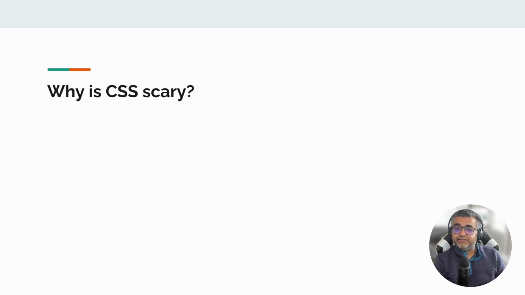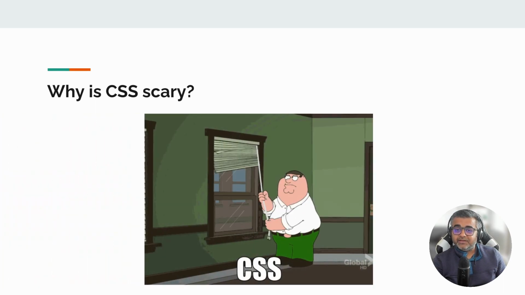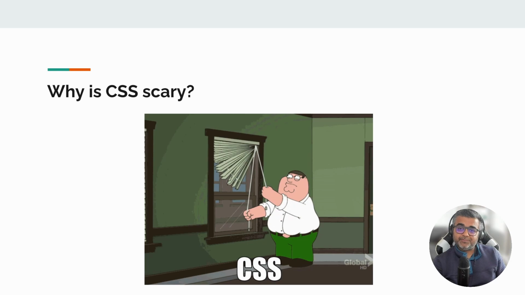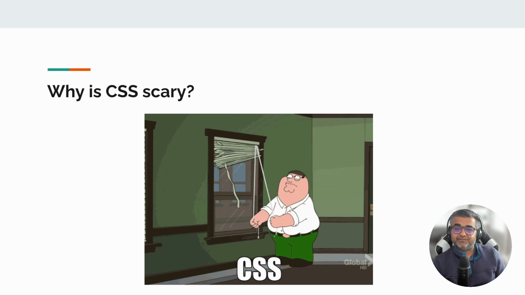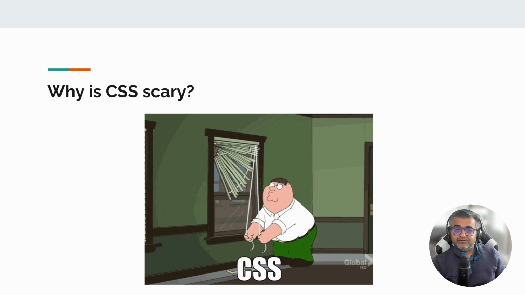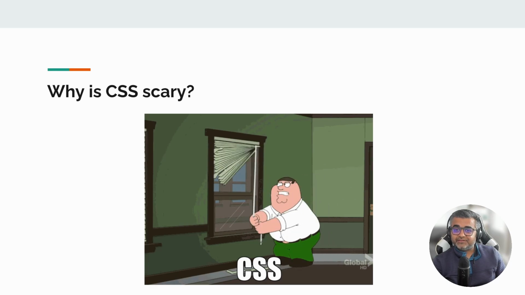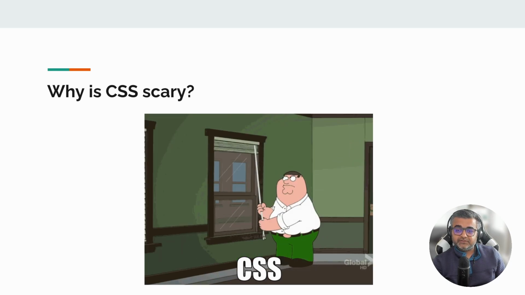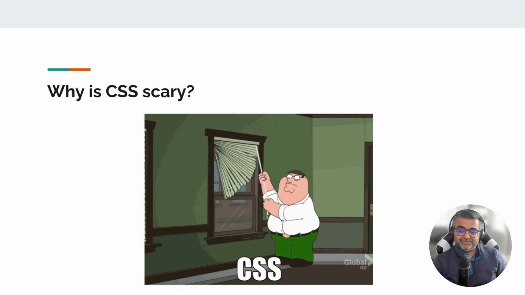And third, since CSS is a rule-based language, sometimes you apply some styles, but your element does not render those styles, and then debugging which style the element ended up rendering can sometimes be painful. So if you ask any developers what it is like using CSS, I guarantee you most of them will send you this, like this would be their experience with CSS, including myself. There are times when I handle UI issues, I struggle with CSS, I test it on different devices, I get frustrated and kind of want to throw away my laptop like Peter Griffin did. But